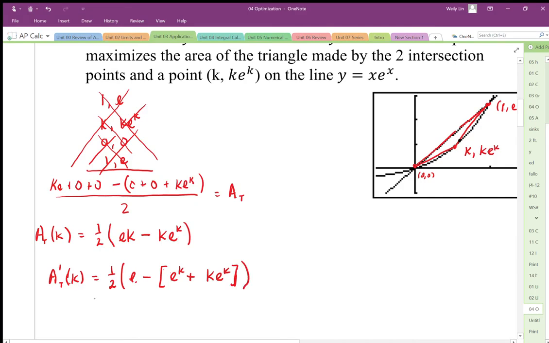So then I'm going to solve this equation. It's going to be 1/2 times e minus, and I'm going to factor out e to the k, e to the k times 1 plus k. Okay, so I have to solve this equation. This equation I'm going to need a calculator to solve because it's not a simple, straightforward